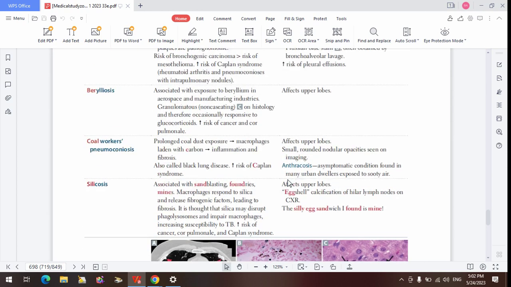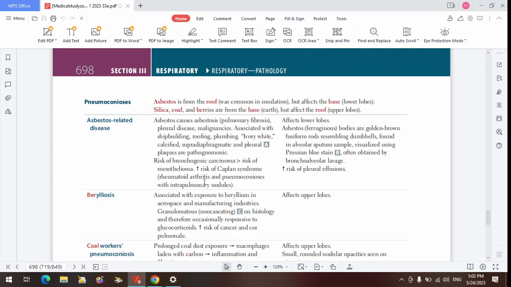And of course, we know that the asbestos can affect the pleura, causing thickening. So there's high risk of developing hemorrhagic exudative pleural effusion, particularly in people that have the mesothelioma already. There's high chance of them having concomitant hemorrhagic pleural effusion.